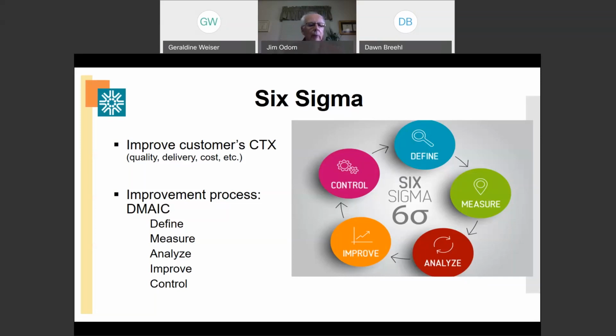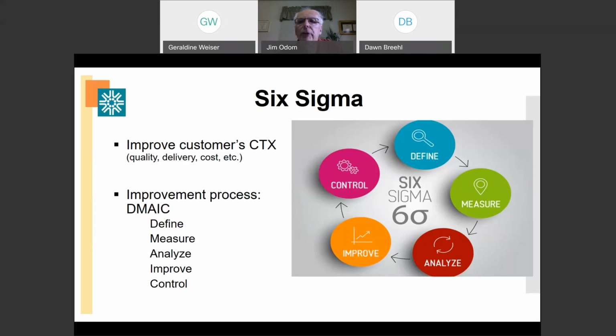As I said earlier, there's a 5-step improvement process that we use called DMAIC. And the first one is to basically define the problem. We want to define the problem and establish a metric so that we know if the process is improving as we go through this DMAIC improvement process. So we define the issue or the problem, and establish a metric. In the measure phase, we start to collect data. We want to establish a baseline. Where are we at today for this process?